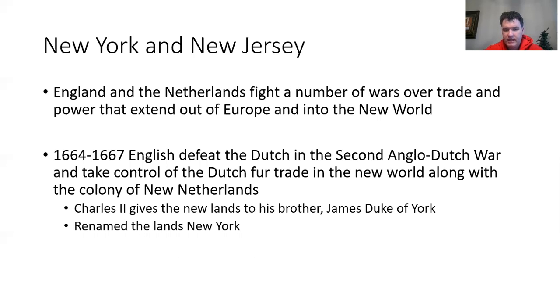And eventually they're going to take control of the New Netherlands, which is New York, and then New Amsterdam is New York City. The English are going to take control of this. And Charles II is going to give this colony to his brother, who is James II, who is the one that's going to get run out during the Glorious Revolution. And he's James, Duke of York, and that's why we're going to rename New Amsterdam into New York, or New